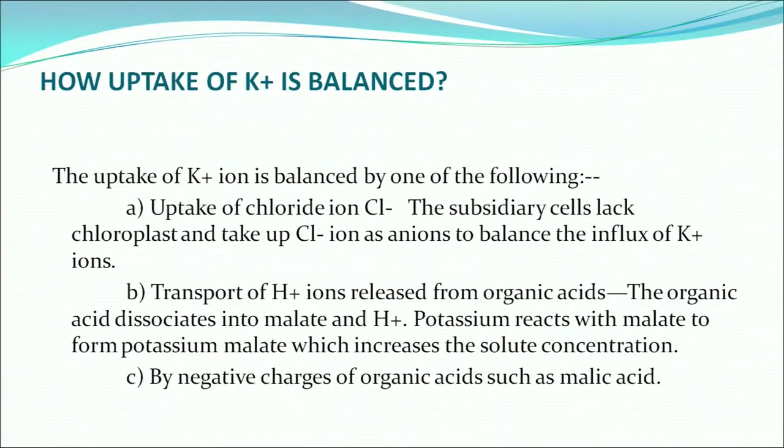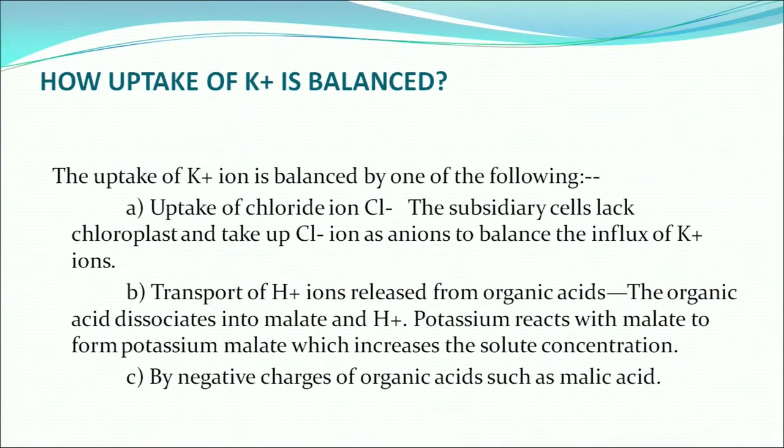So, why is this potassium ion required? Potassium ion, chloride ion and the malate ion actually help in the increase and decrease of the water potential inside the cell. Now, how to balance this potassium ion uptake? This uptake of potassium ion is balanced by one of the following: uptake of chloride ion. The subsidiary cells lack chloroplasts and take up chloride ions as anions to balance the influx of potassium ions, and